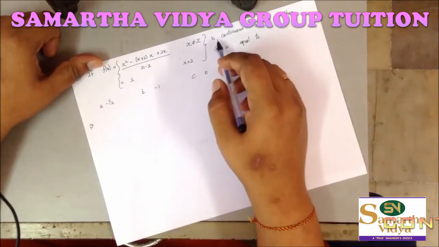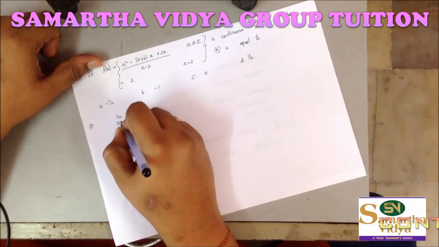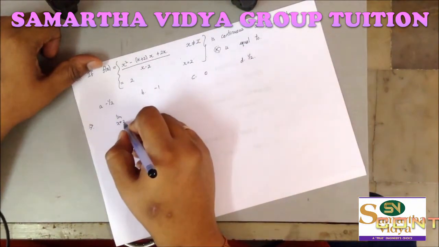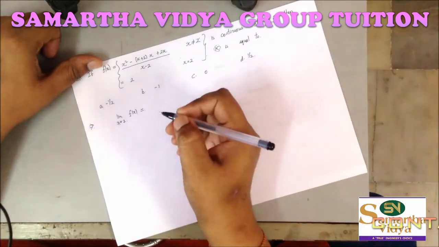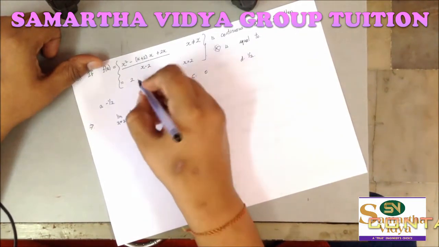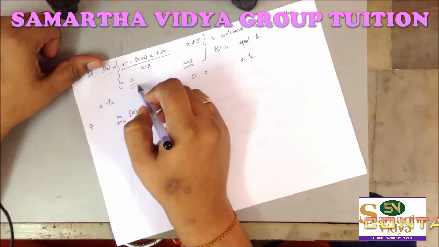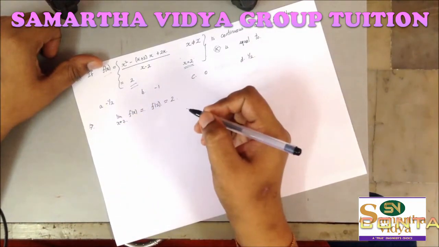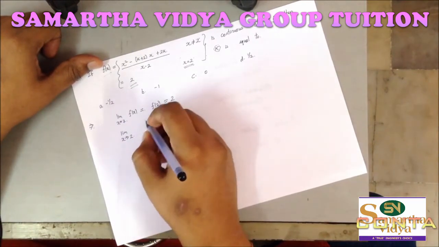Now since it is stated that the function is continuous, that means my limit as x tends to 2 of f of x is basically going to be existing, and also it will be equal to f of 2, which in this case for x is equal to 2 they have stated that my function has the value 2, so basically this limit has the value 2. So this is limit x tends to 2 of the function.